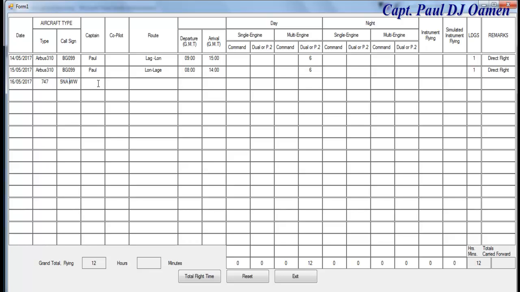So that's the registration number, and the captain as well is Paul, and so on. You just enter your details there. Let's say you're going from maybe London to New York,